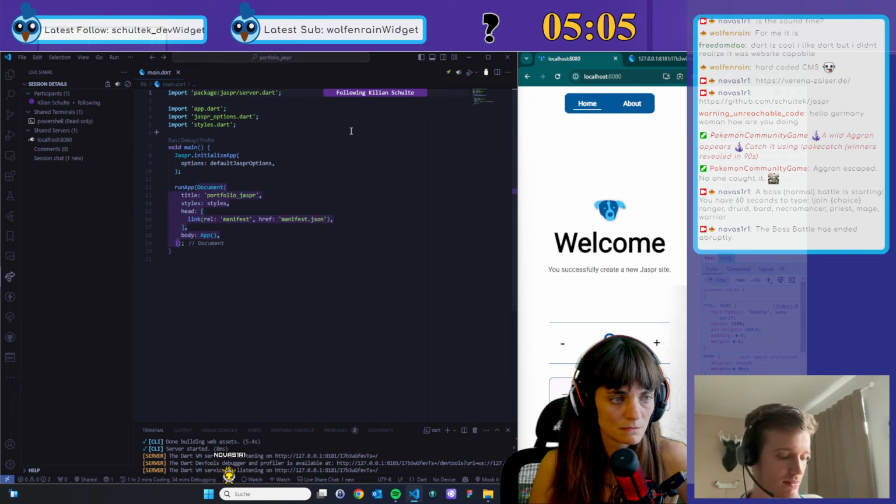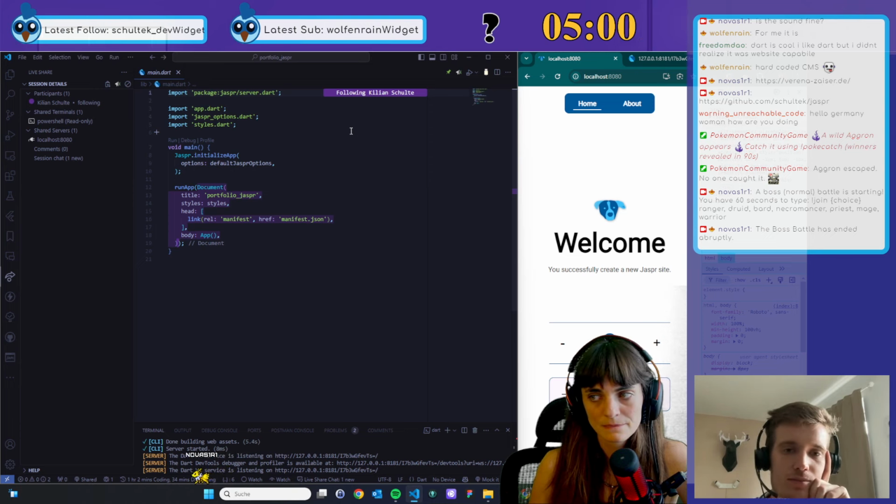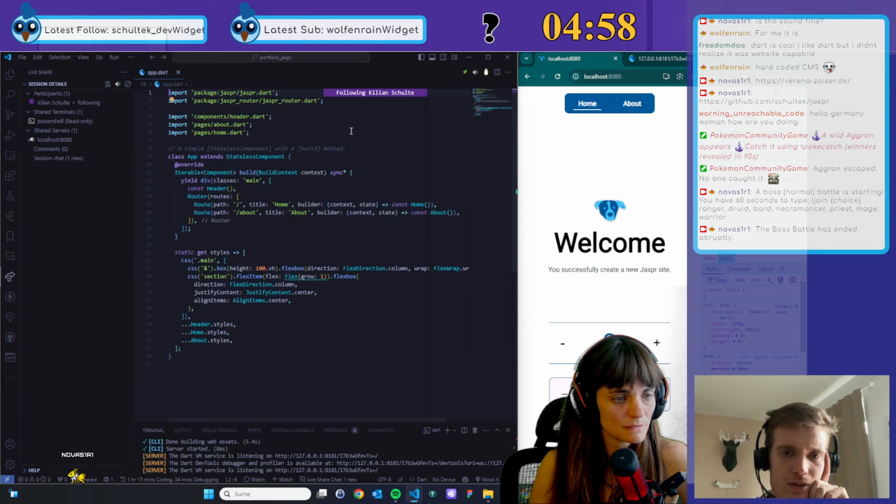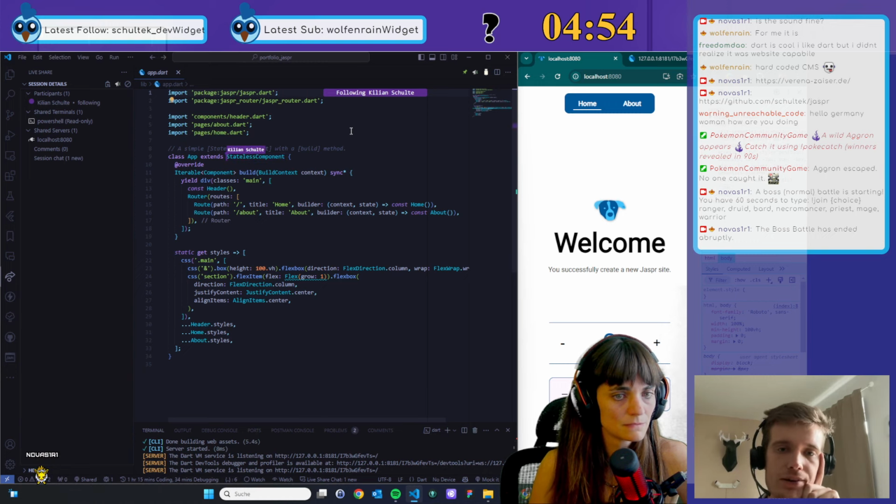If you haven't seen anything Jaspr-like before, I'm just going into a component here. So a component is basically a widget, just with a different name. You have stateless component, you have stateful component, you have inherited component, and you can build your own as you would do with Flutter. It has a build method, which conceptually works in the same way as Flutter. The difference is it returns not one component, but it can return multiple components. So we return an iterable here.